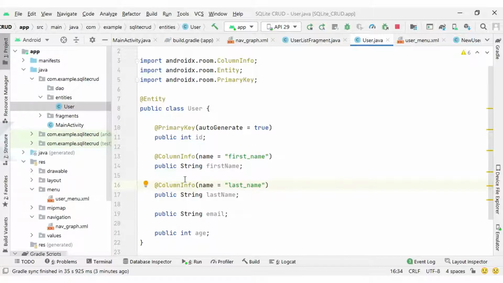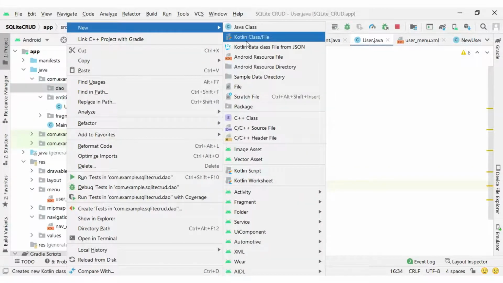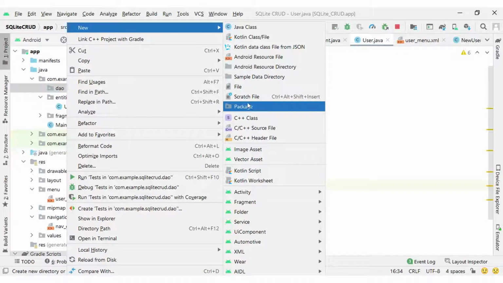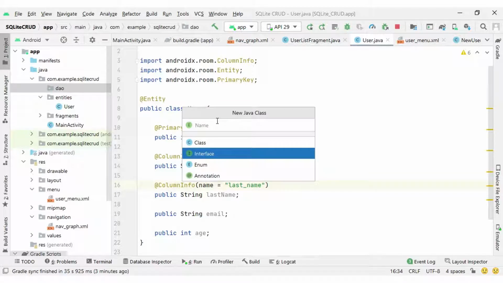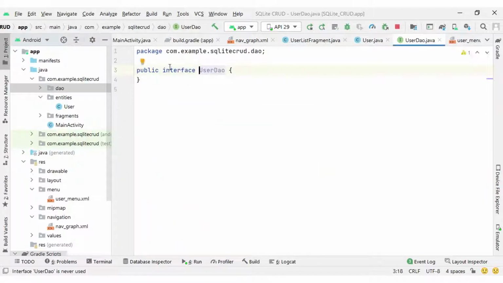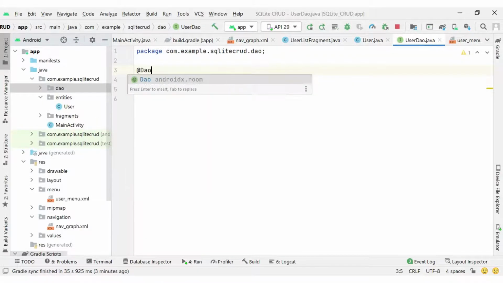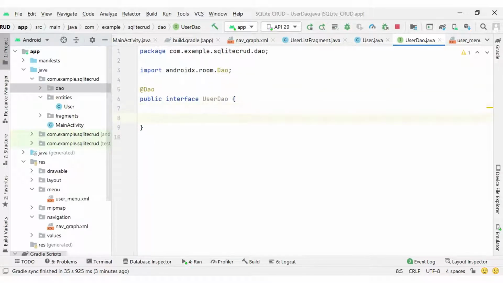So with this we are done with the entity. Next I am going to create a DAO, which will be an interface in Room coding. Here I am going to create an interface, and the name of the interface I will set as UserDao. So the DAO is respective to my User entity. Next here I am going to add the @Dao annotation, and I also need to create abstract methods. As we know, an interface only contains abstract methods, so these methods will represent different operations with our user table or user entity.